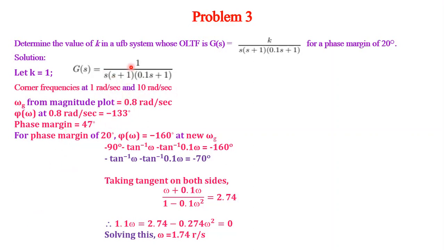We can very easily say initially 1 by s factor. 1 by s factor means minus 20 dB per decade up to 1 radian per second. Thereafter this factor influences, therefore minus 20, minus 20, minus 40. Thereafter this factor also influences, minus 60 dB per decade. That's all. If we know this idea, we can easily draw the Bode plot. Even a tabular column is not required. Initially we should know what is the magnitude. That's all.